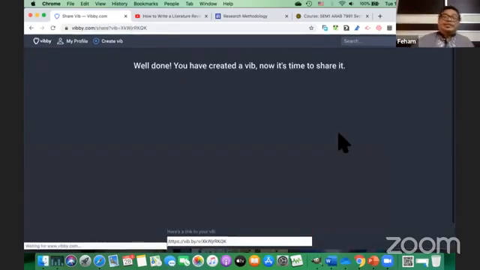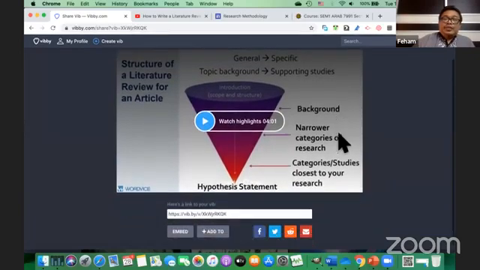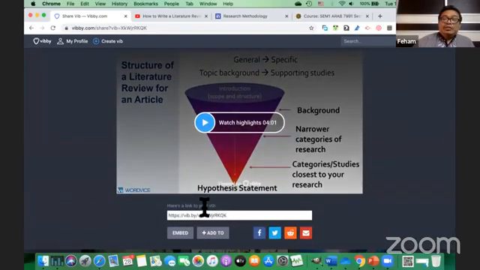Okay, so it's ready. You are able to share the video using a link or using the embed functionality. Those options are also available on the YouTube website, where you can share your video using a URL or using embed. Similarly, the options are available here on VB.com.